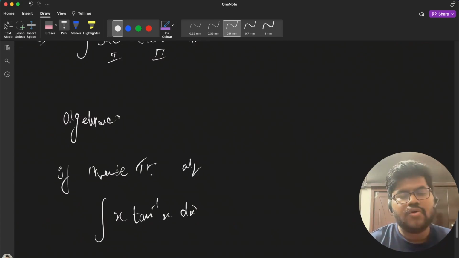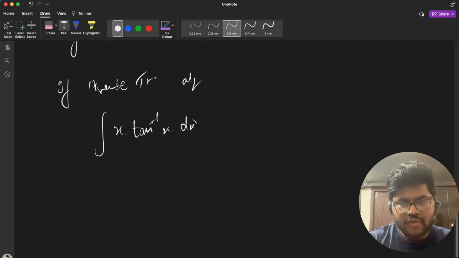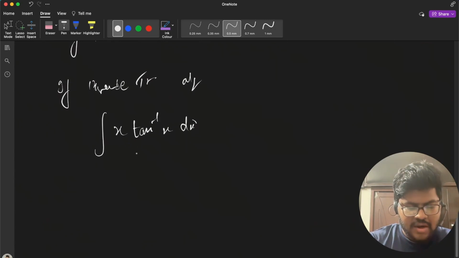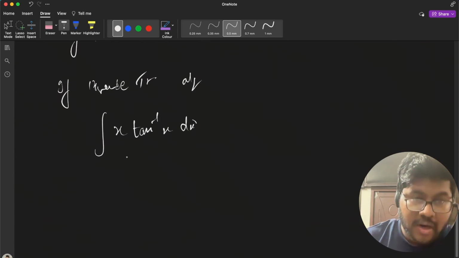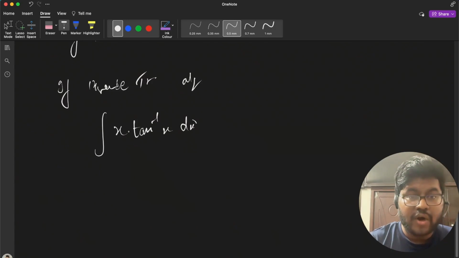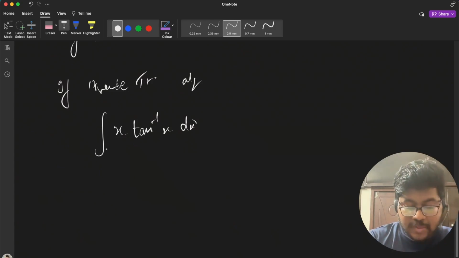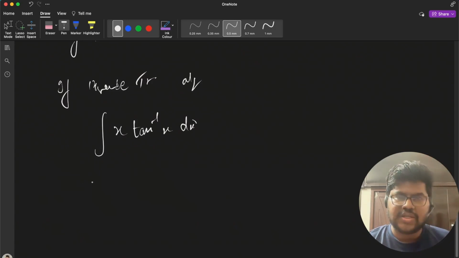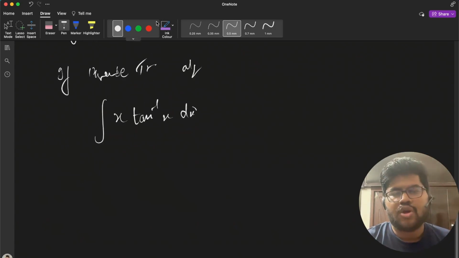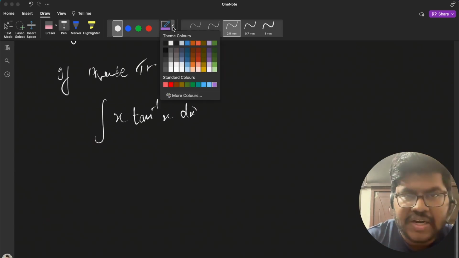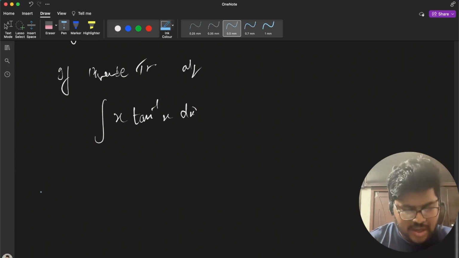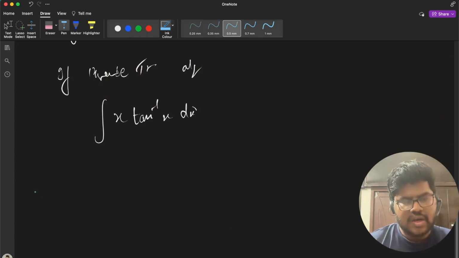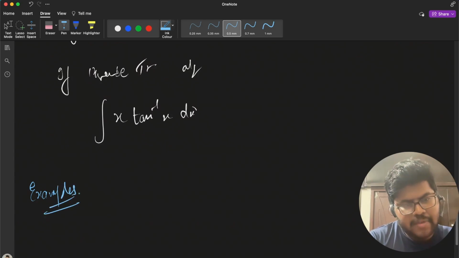So what we are going to do is use a suitable trigonometric substitution to eliminate this tan inverse, to make it simple, and then try to integrate, right? In this way, this is the concept of the ILATE rule, which is also known as the product rule of integration, right? Now in the upcoming part, we are going to study more examples so that our concept becomes stronger